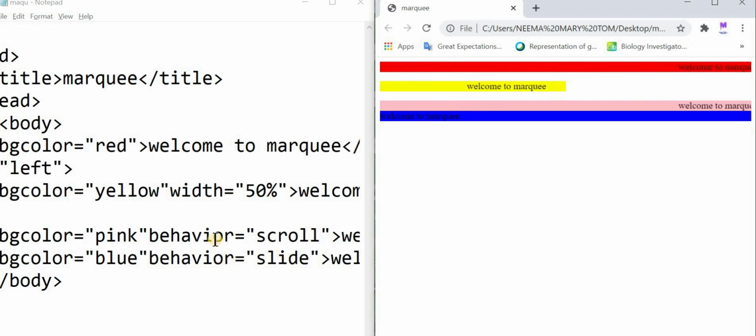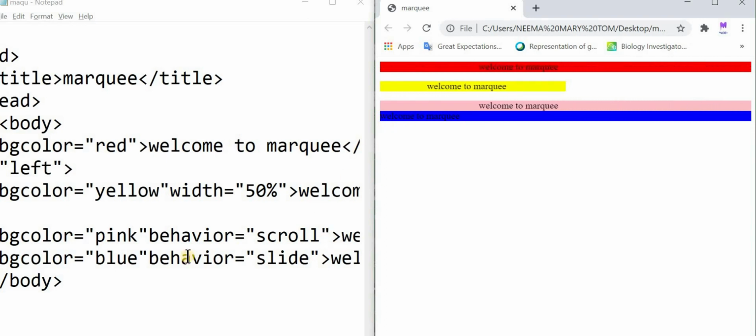For behavior scroll, the default value is scroll, and it will move slowly from right to left, and again start from right to left. Whereas the slide value will start from right to left and stop at the left edge.